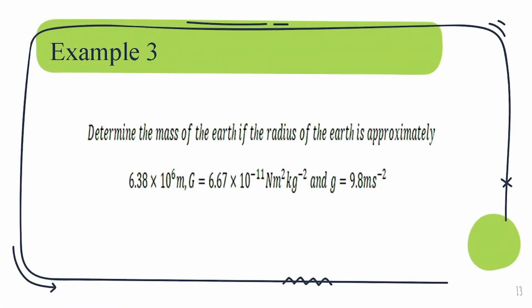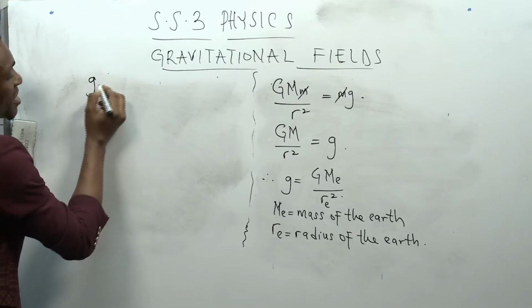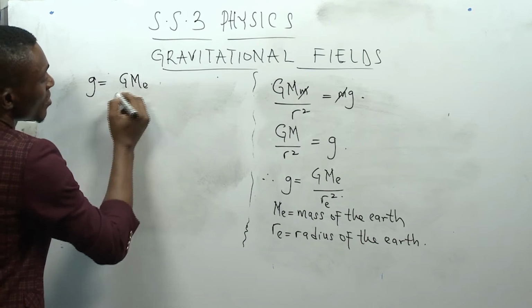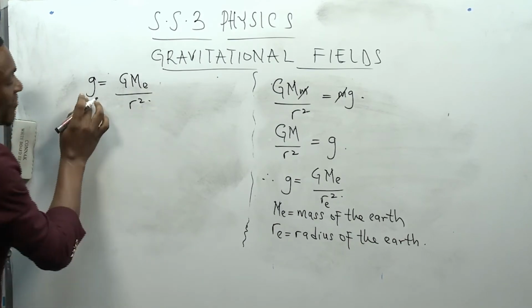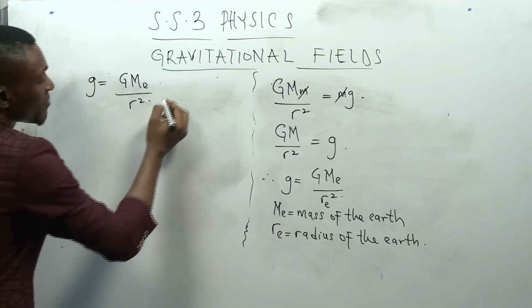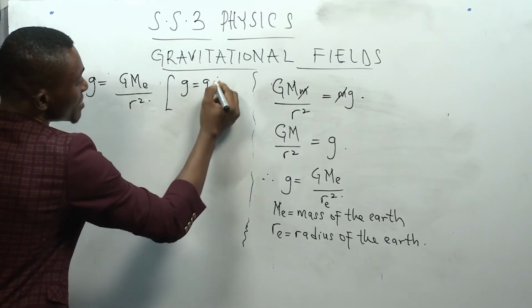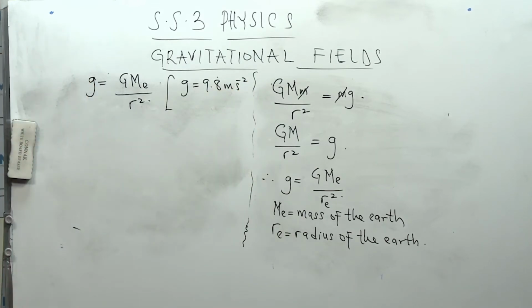So let's move further to this example 3. We want to determine the mass of the Earth. If the radius of the Earth is approximately 6.38 times 10 to the power of 6 meters, big G is taken as 6.67 times 10 to the power of minus 11 Newton meter squared per kg squared, and then small g is taken as 9.8 m/s squared. The truth is that from this equation, g is equal to G Me over r squared. Knowing the values of g, which is 9.8 m/s squared, which is a constant,